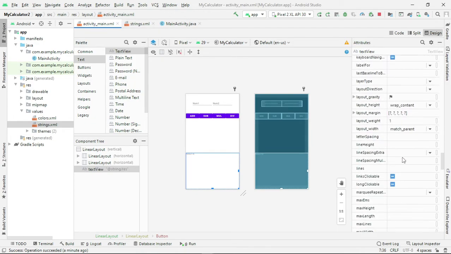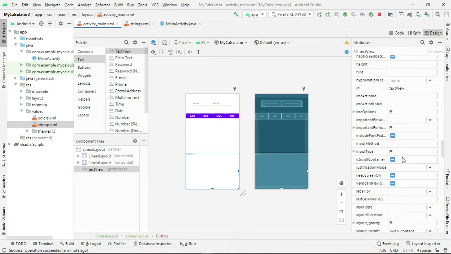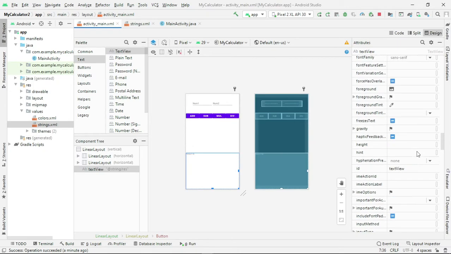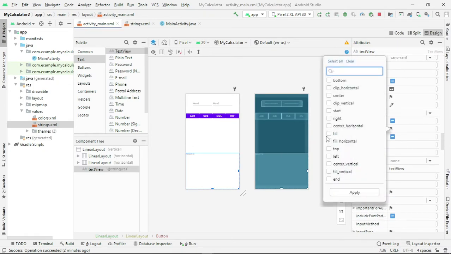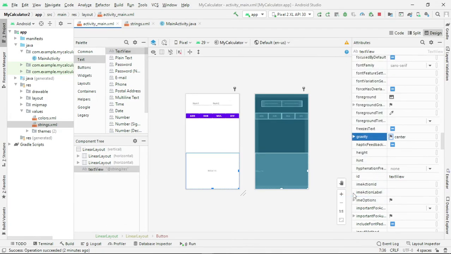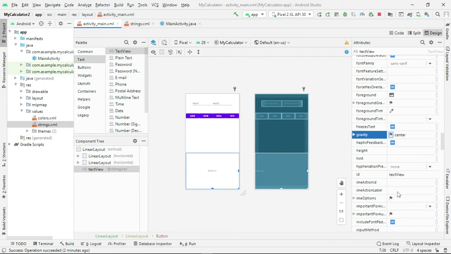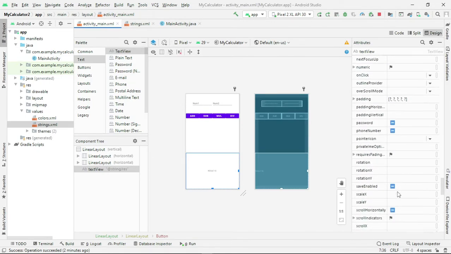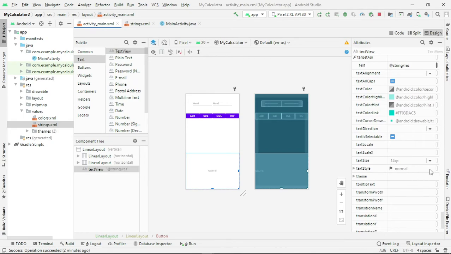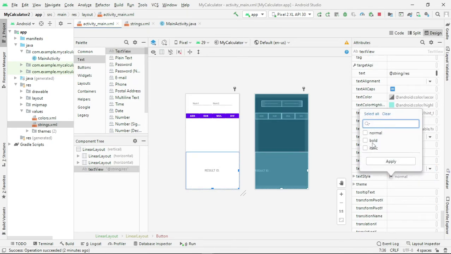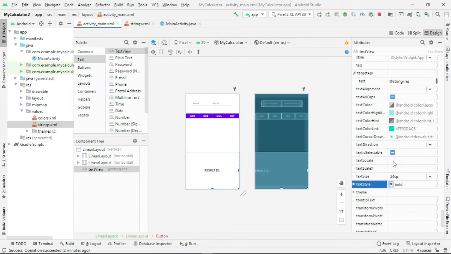And let me set the text size, the gravity to be center. It's looking left justified, so let me put it to center. Apply. Okay, so it came to center. Text size, let it be 24 sp, and text style, let it be bold. Now it's fine.